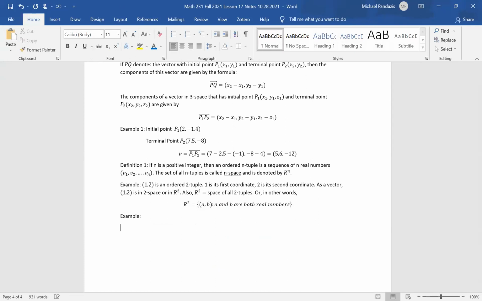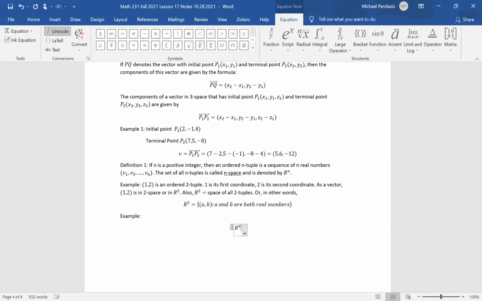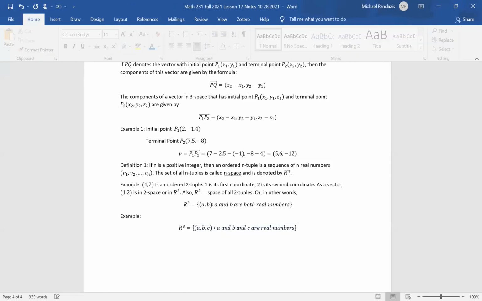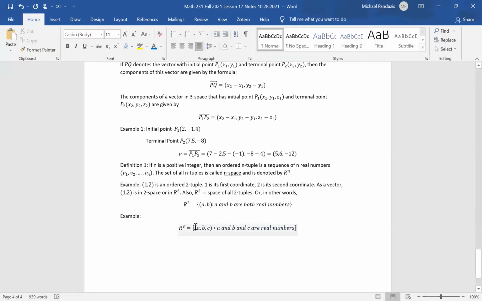Another example, R^3 is then equal to the set of all (a, b, c) such that a, b, and c are real numbers. So R^3 is the space of all 3-tuples. R^2 is the space of all 2-tuples, where in both cases the components are real numbers, because it's R squared, R cubed, right? And then another, more general example,